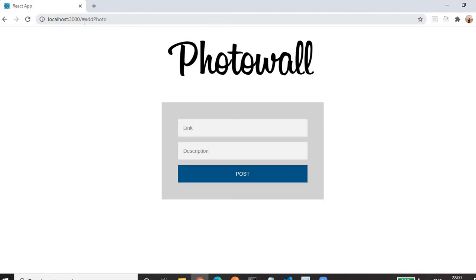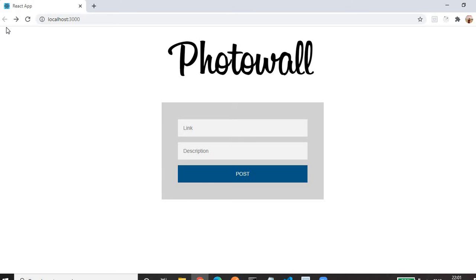If you see my URL, it has a hashtag appended in the URL. Whatever page I have displayed, I am not using the routing concept. Here I am using the true/false concept, like I am hiding something and displaying something on the basis of some condition. That's why if I click on the back button, we won't be able to navigate to our previous page, our main page. Let me click on that. See, even though the URL changed, we are not navigated to our home page because here we are not using the concept of routing.